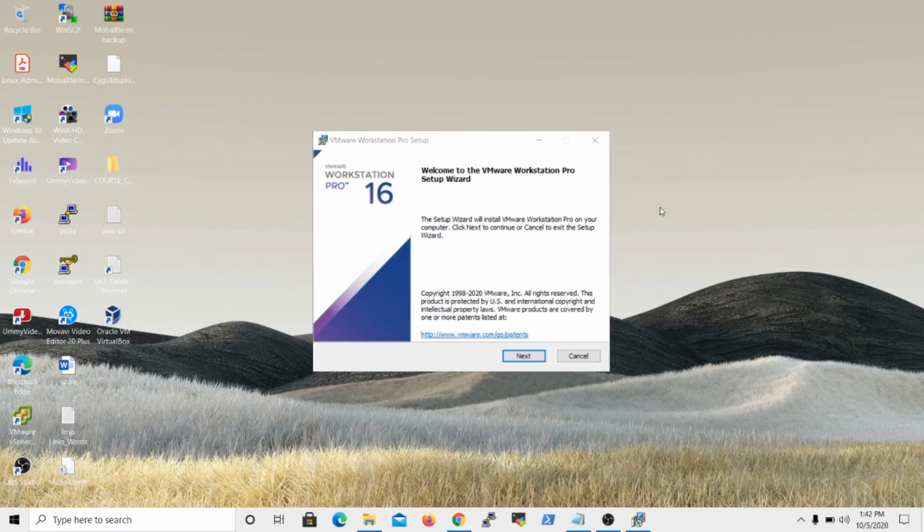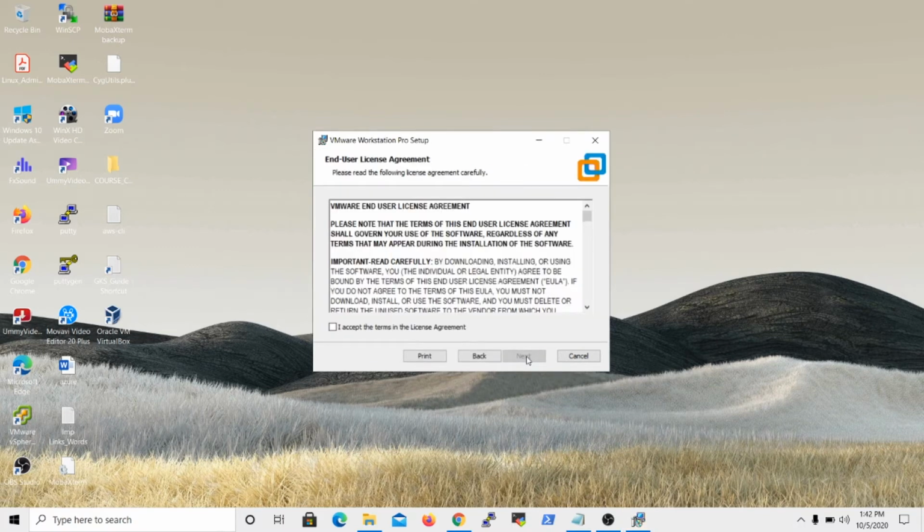Welcome to the VMware Workstation Pro Wizard. Click on next and accept the end user license agreement. Click on next.